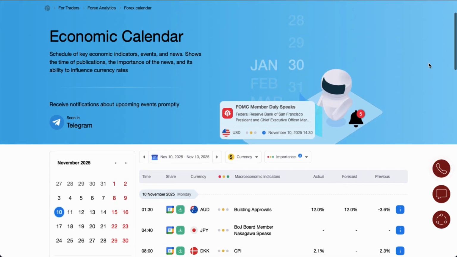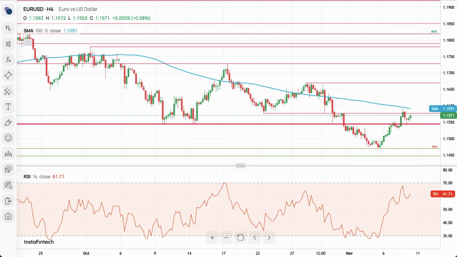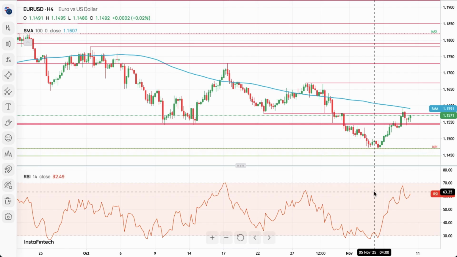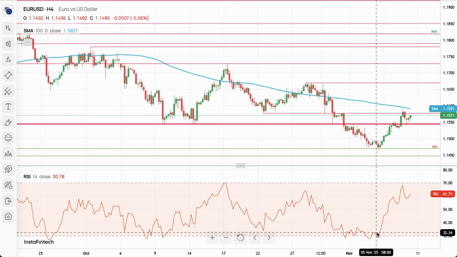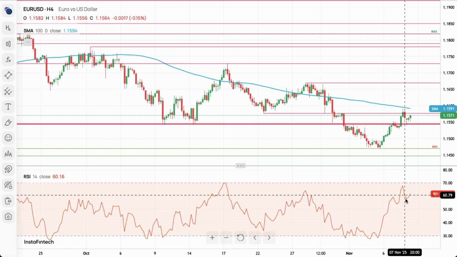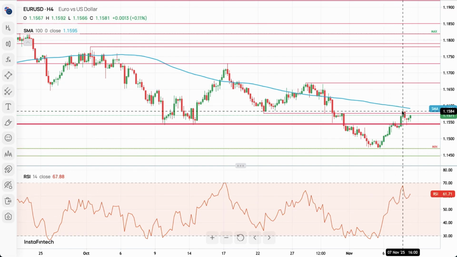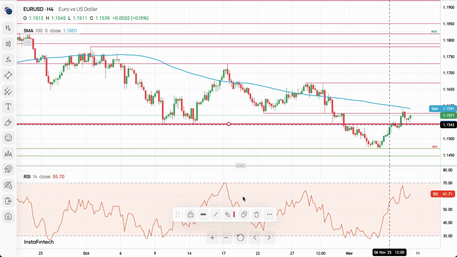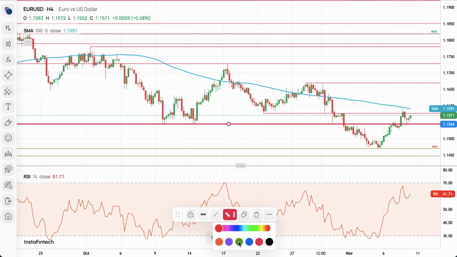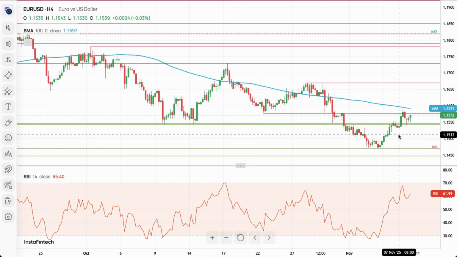we start with euro dollar. Euro dollar on our time frame chart is moving higher from the extremely oversold conditions. Very sharp reversal in the momentum, very sharp reversal above the technical resistance 1.1547. So we will change this level back to technical support. We hit the 100 periods moving average